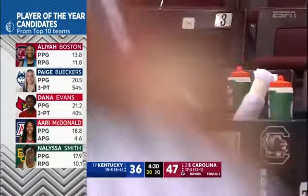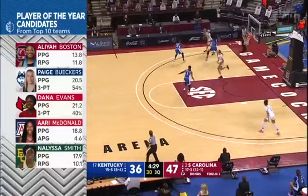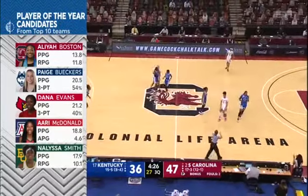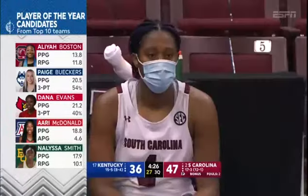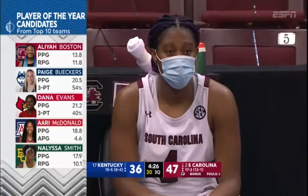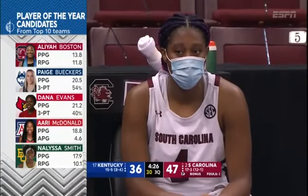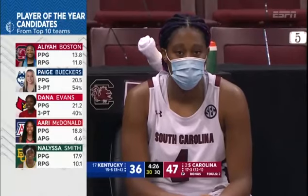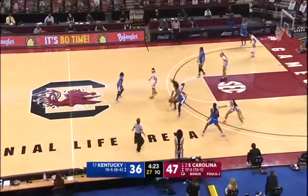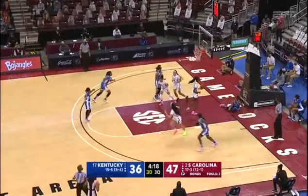Anyone separating for you? You know, we talked about it earlier in this game, how it feels like it's a little bit more wide open in terms of Final Four teams and national championship contenders. It feels the exact same way in the National Player of the Year conversation. I cannot remember a time when we had this big of a field that hadn't really started to narrow at this point in the season. And you see right there, Aaliyah Boston, certainly one of those players. Yeah, it's incredible, and you wonder just how these next couple of weeks might end up shaping that conversation